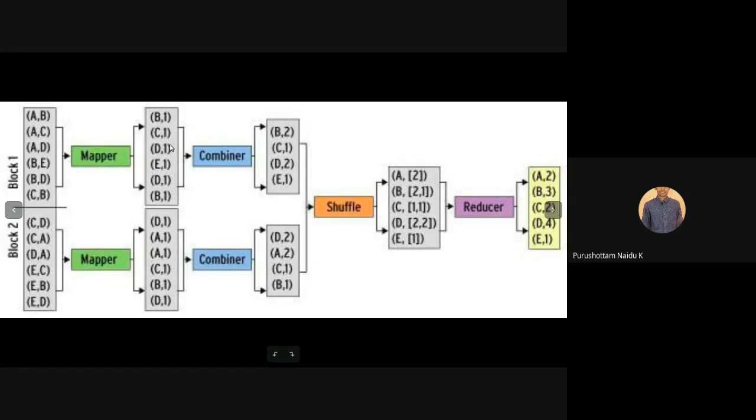C is 1. D is 2. E is 1. This is the output of the combiner. So at this mapper, the combiner is executed. What is the output? D 2, A 2, C 1, B 1. This is the output of the combiner. So when we maintain the combiner at the mapper, we're getting the output of the combiner as the frequency of each and every word.